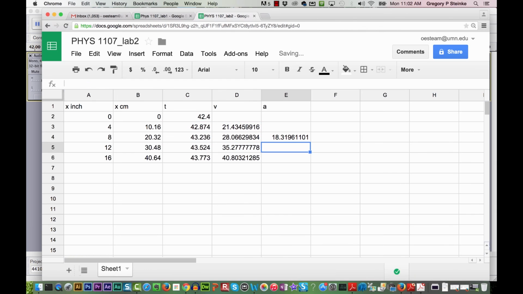And we hit return, that puts it in there. There's our acceleration between these two rows. To find more of these, I drag it on down, and I get this. So the accelerations I have are 18 for the first one, then 25 and 22.